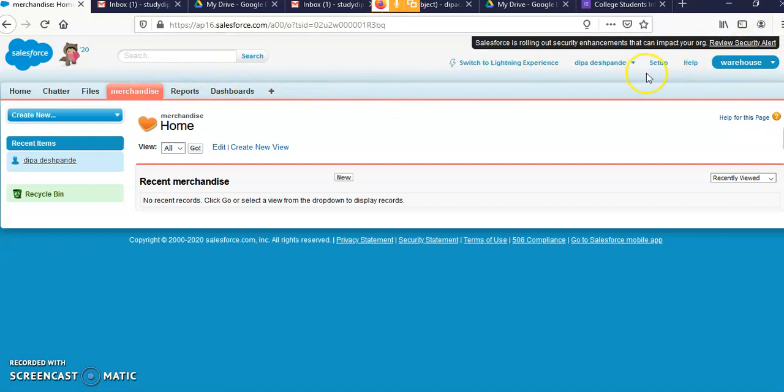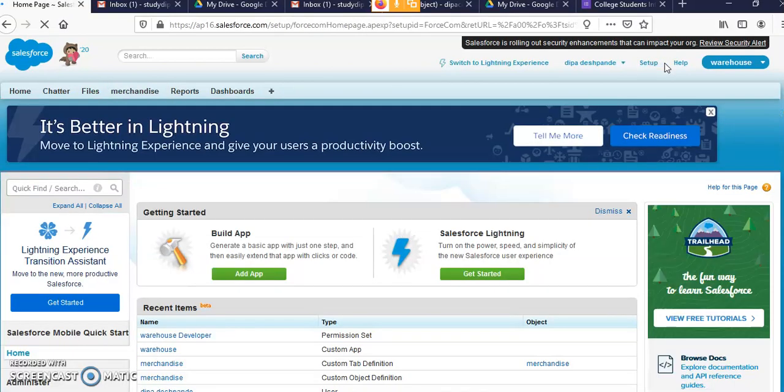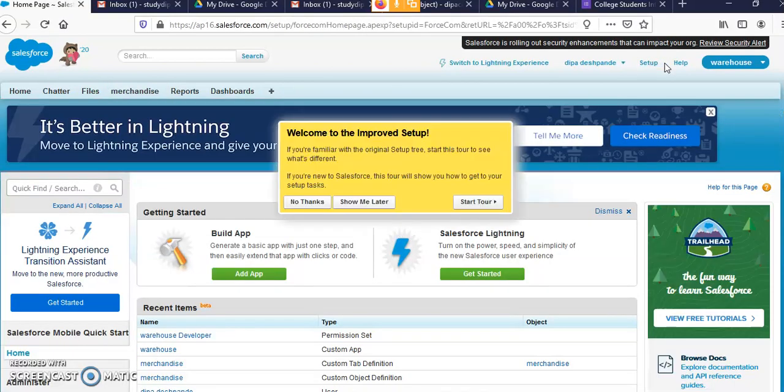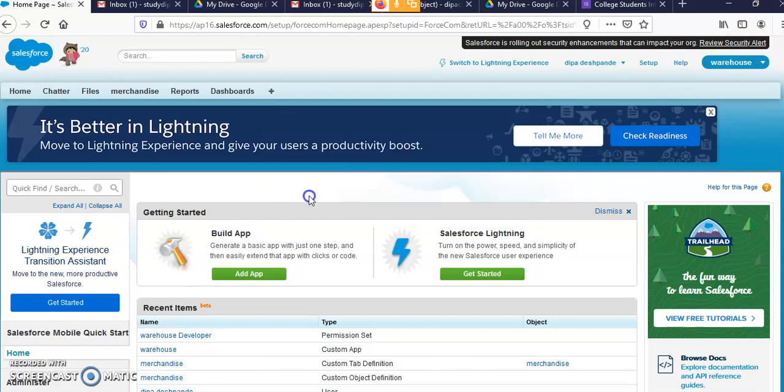So how to add various fields? Earlier I mentioned that in the merchandise object we are going to create description and price fields. So let us start with Setup.